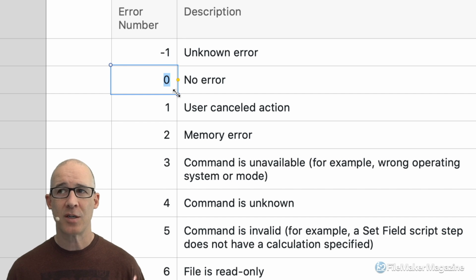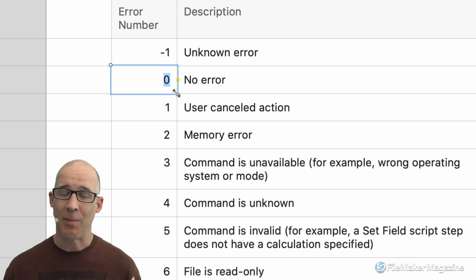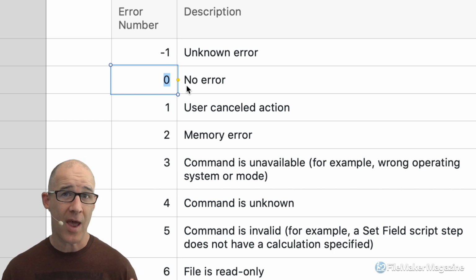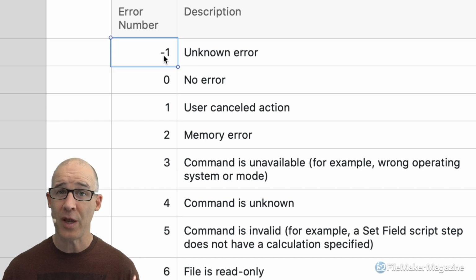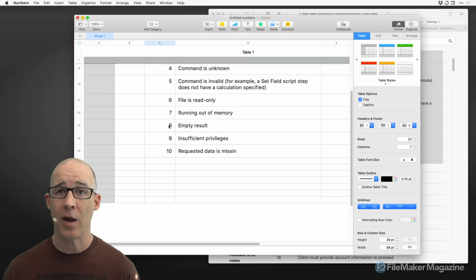But when it comes to errors, you want to know whether something happened, and the absence of something happening is actually a good thing. That means nothing went wrong. So when we get back a 0, or a false, meaning there was no error, there was no problem, then we're A-OK. Otherwise, if we get anything positive, or in this case, this is the only one, a -1 of an unknown error, anything else above 0, going all the way up to a really high number,